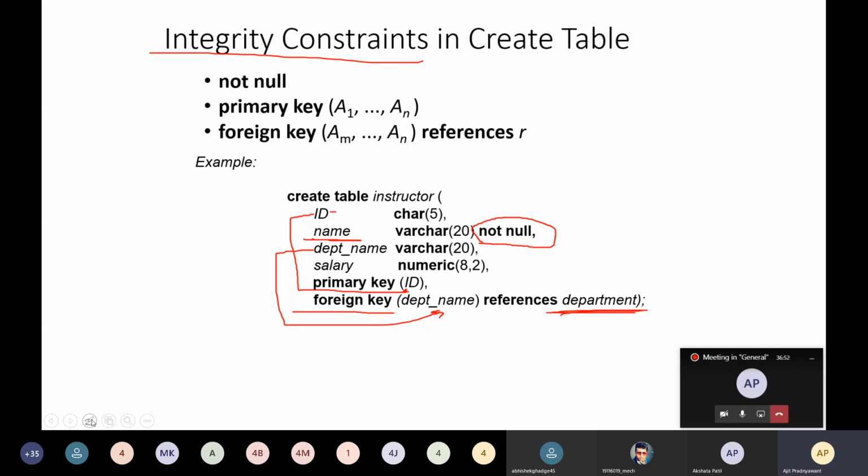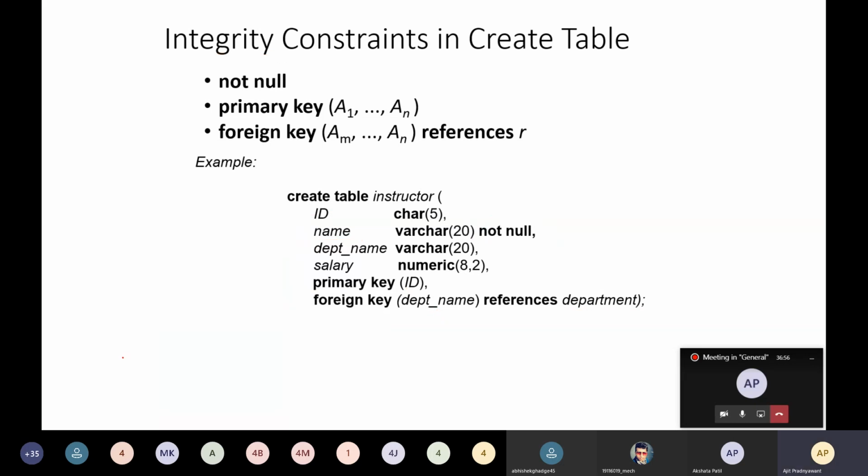Again, I am repeating. I have created the table instructor. Inside it, I have mentioned these integrity constraints. How to mention? I want to keep this name as not null, so just mention not null. For every row, you need to mention the name of the instructor.